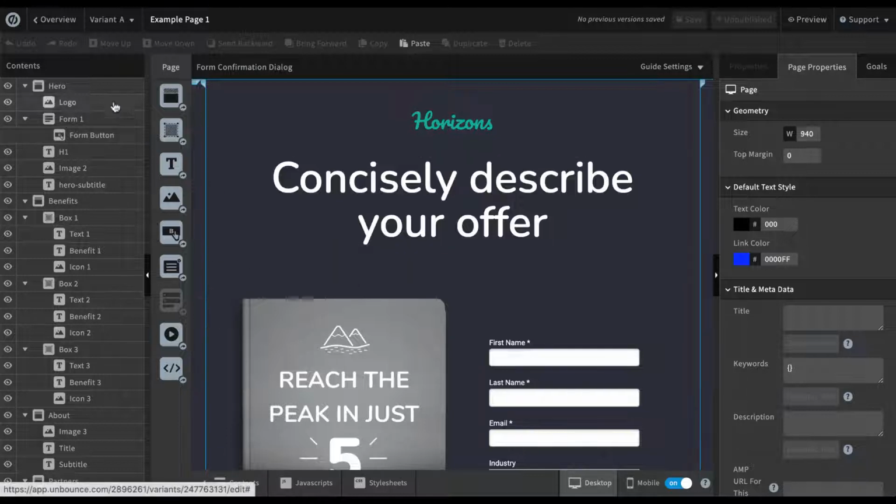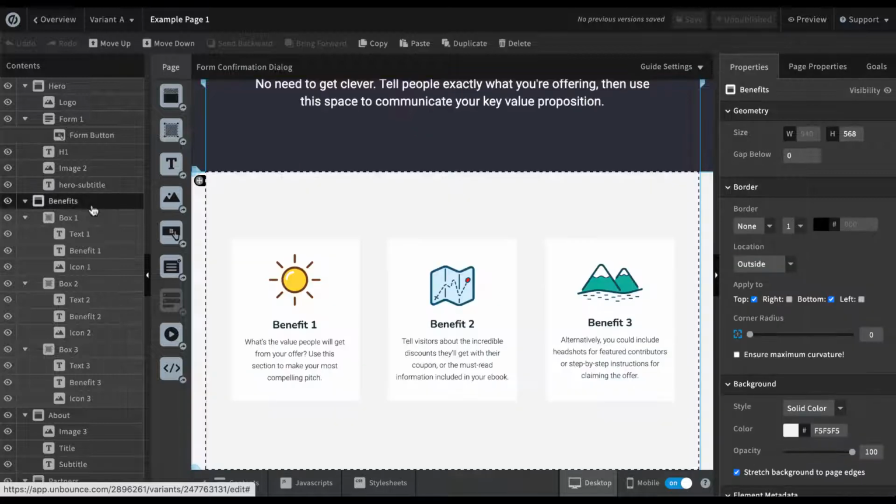We have over here on the left the contents of the page. So each of these different portions is going to be a section of the page. You can see when I hover over each of the pieces that are parents of the pieces below, it highlights all of them. So this benefits section contains box 1, 2, 3, and each one of those contains text, benefits, and icons. So if we want to quickly scroll to a portion of the page, you can click Benefits, and